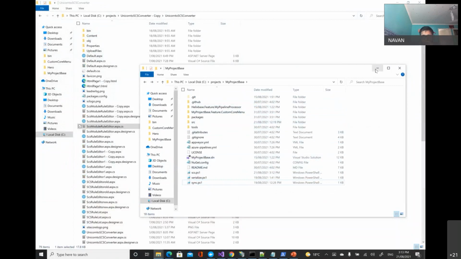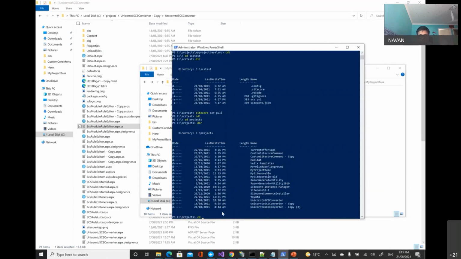So what I'm going to do now is load this page, and it gets created. When I load this page, it got created. So what I'm going to do is run that particular script.